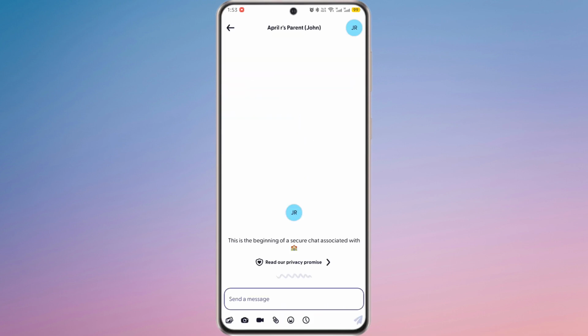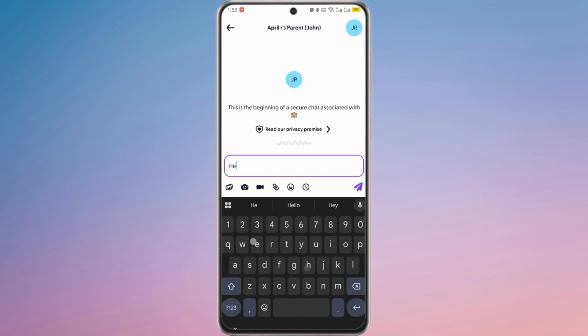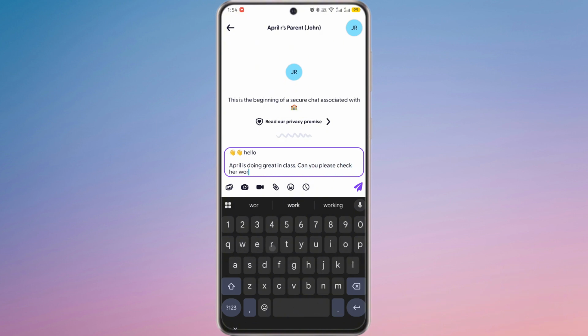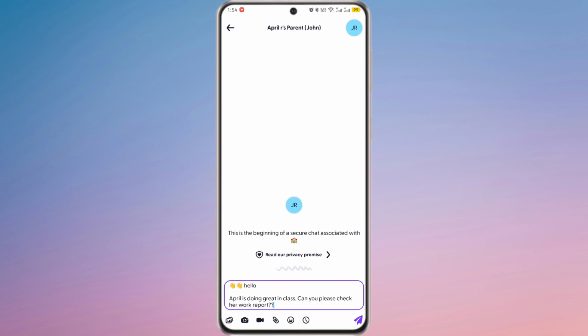the whole class. Type your message in the text box, add attachments if needed such as images, documents or links and then tap send. Your message will be delivered directly to the parents through their ClassDojo accounts or the connected